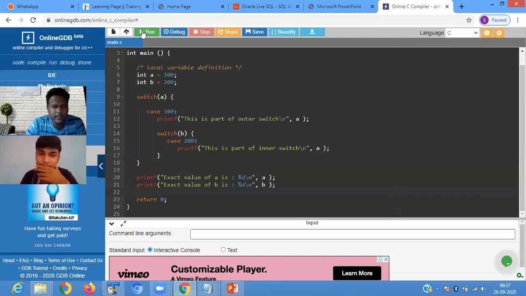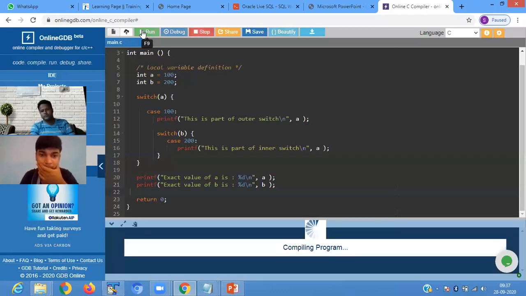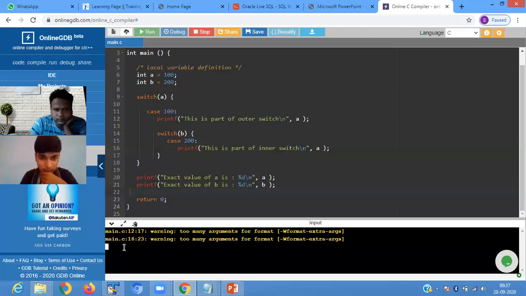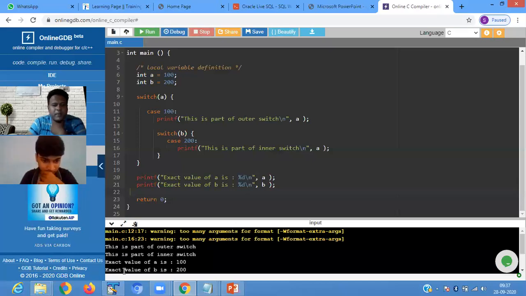Then you are passing b, so b is also matched. So it shows this is part of the inner switch. Then I run the file. So this is part of the outer switch. This is part of the inner switch. Then the exact value of a is 100, and the exact value of b is 200.